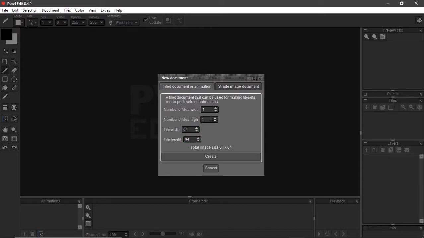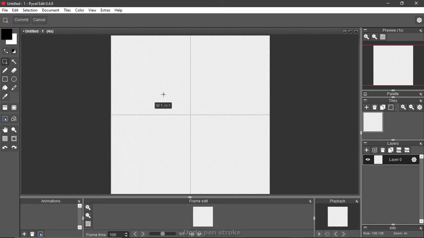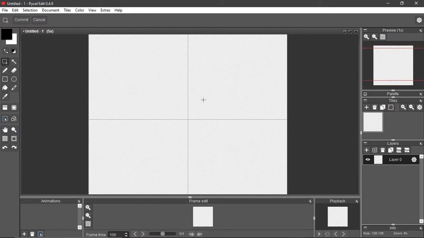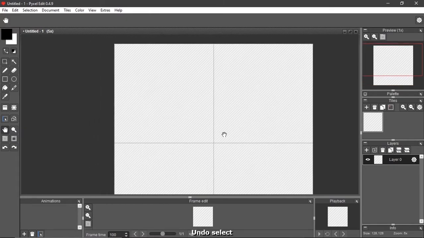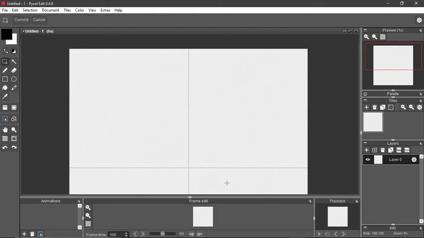And what you'll see here about this program is that it's very tile-based. So I'm going to say 2 by 2, and you have 64 pixels by 64 pixels, so these are all 4 quadrants. And the big plus about this program is that it is mainly centered on the fact that you are used to a tile-based animation. And what I mean by that is